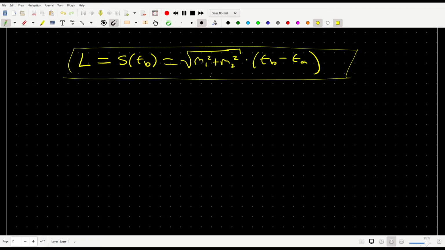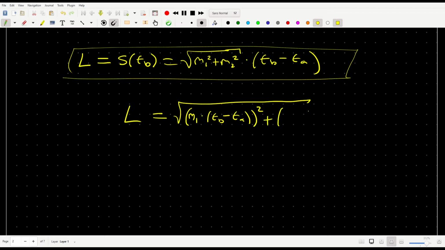Well, if we rewrite TB minus TA into the square root right here, this is the same thing as the square root of m1 times TB minus TA, squared, plus m2 times TB minus TA, squared,